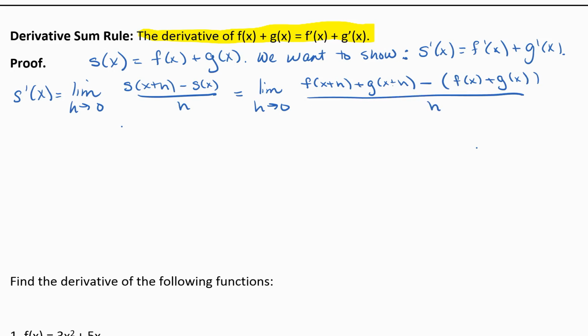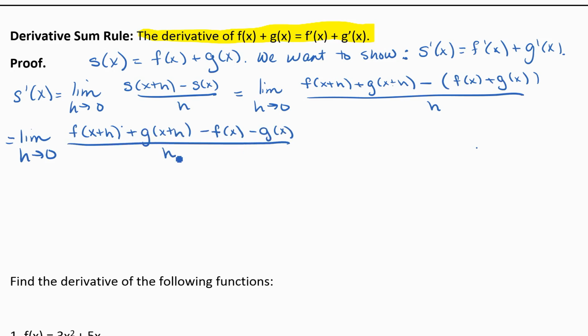The first thing I'm going to do is distribute that negative sign that's on our second term in our numerator. So this is equal to the limit as h goes to 0 of f of x plus h plus g of x plus h minus f of x minus g of x